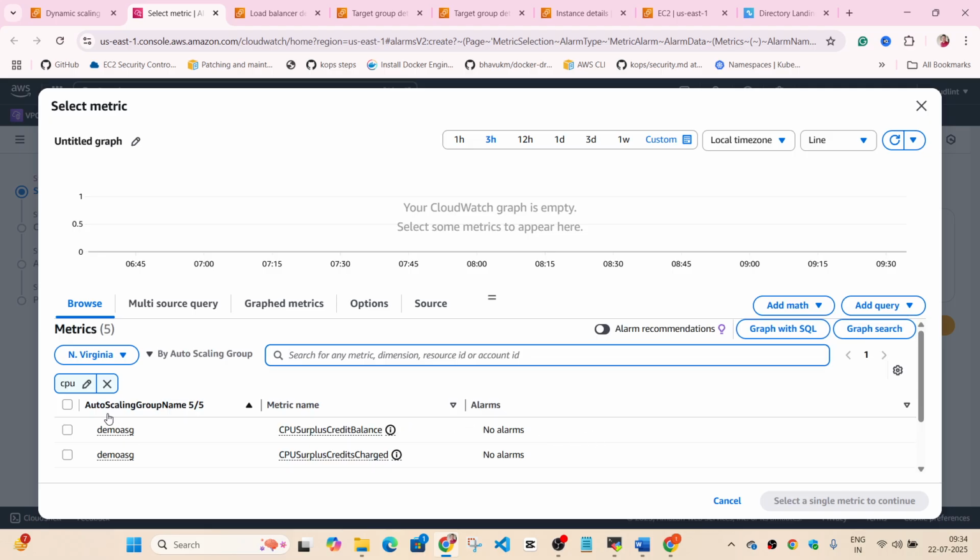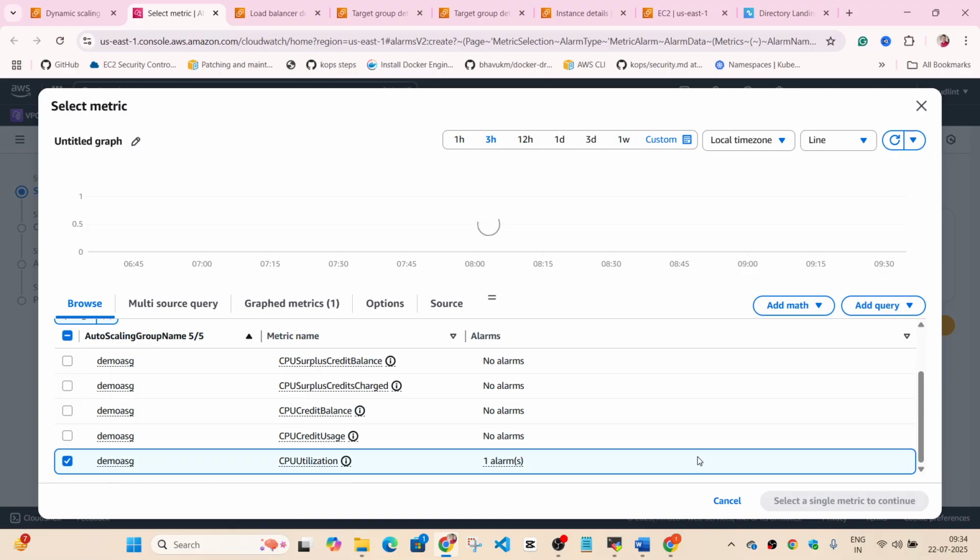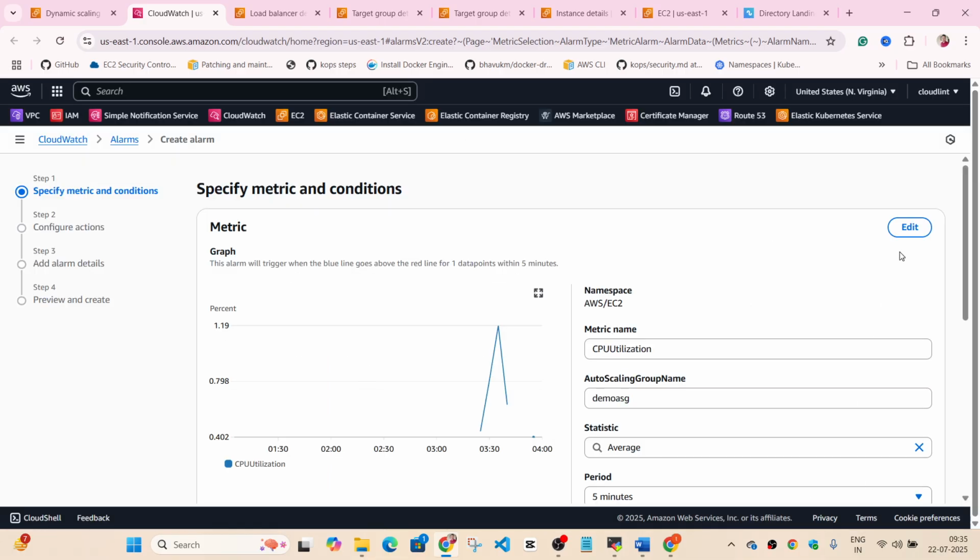So you can see the auto scaling group name is demo ASG, and I want to use CPU utilization as my metric. So you can choose it from here, select metric,